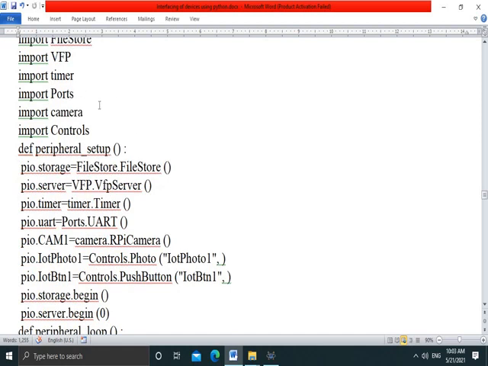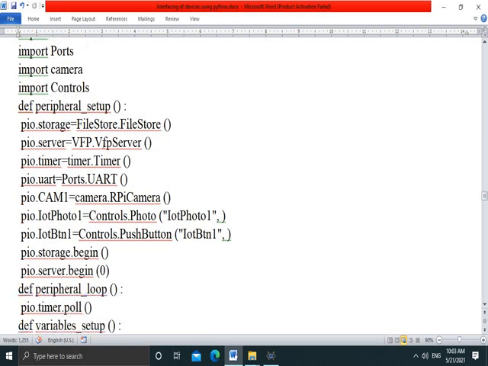Then we are capturing the data from the UART port, so import the port, then import camera module and import IoT controls.